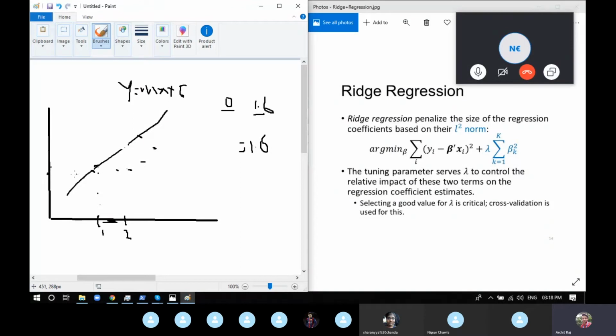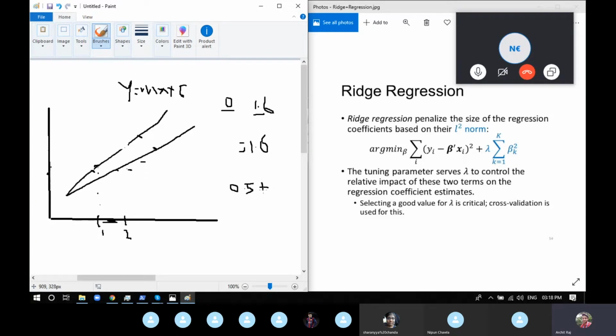Now imagine we tilted it a bit towards the x-axis. Now we made this particular line. If you make this line, the cost function will change here. From 1.6 it can go down to like 0.5. I'm just taking a rough estimate. It can go to 0.5.